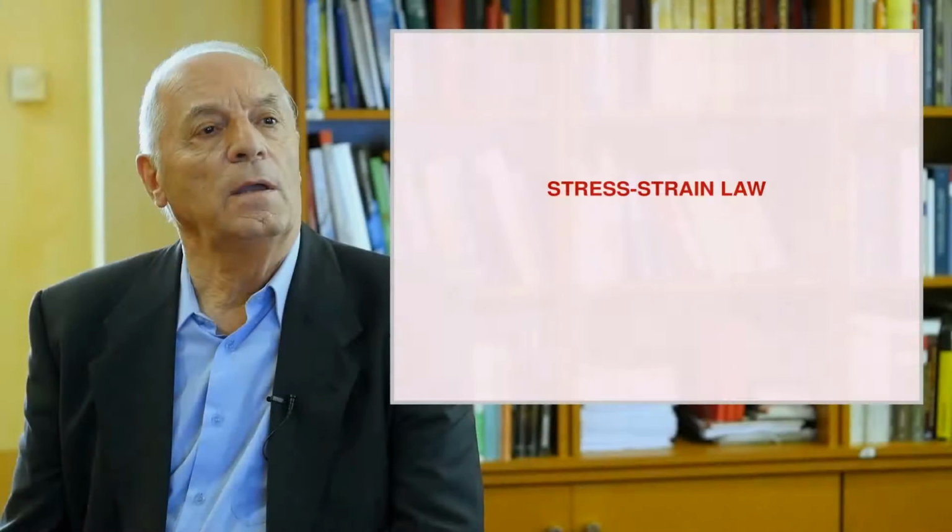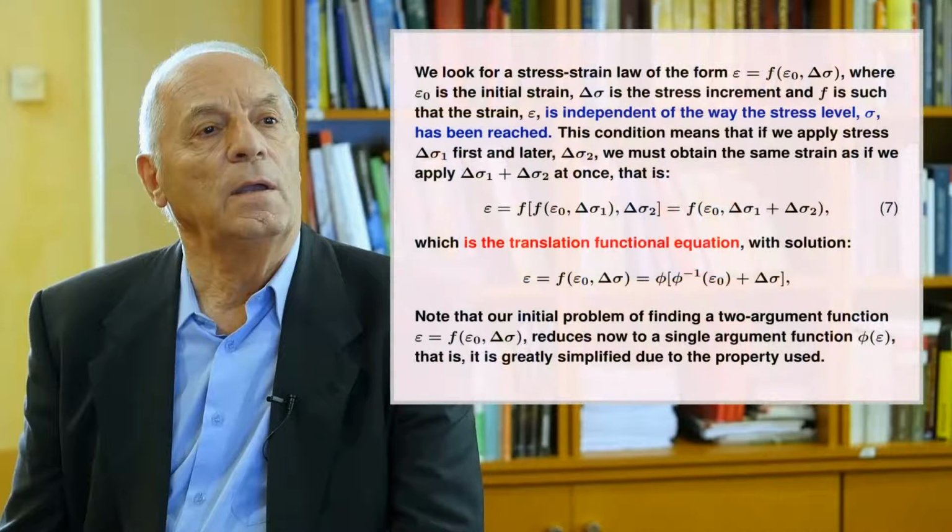Our next example is the case of a stress-strain law, which appears very frequently in the strength of materials field. We look for a stress-strain law providing the strain resulting after application of a stress delta sigma when the initial strain is epsilon 0. We assume that the resulting strain is independent of the way the stress level delta sigma